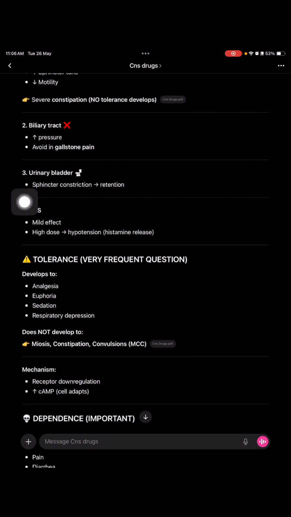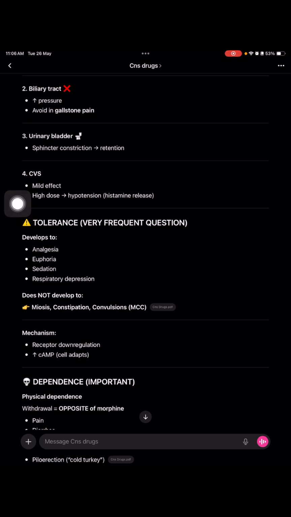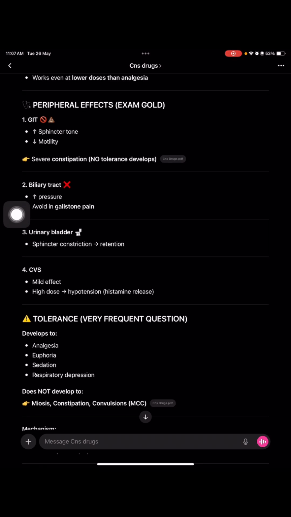Urinary bladder sphincter constriction will occur, and retention will be there. In the CVS, the effect is mild, but a high dose will cause hypotension, with reduced histamine release. So there are four peripheral effects: on the GIT, urinary system, hypotension in the CVS, and the biliary tract. The GIT will have increased sphincter tone, reduced motility, and constipation. In the biliary tract we don't give it in gallstone pain, in the urinary bladder there will be retention, and in the CVS